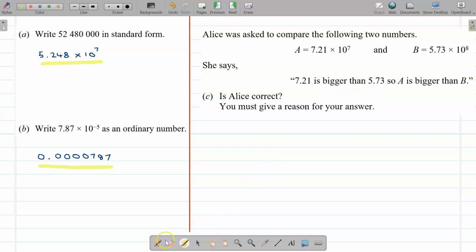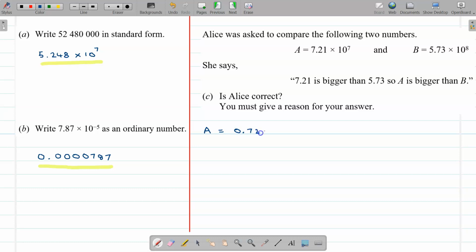And the second part is about comparing two numbers. Both are in standard form already. Alice has made that statement, which of course is wrong. And what I'm going to do is this. I'm going to say that the number A